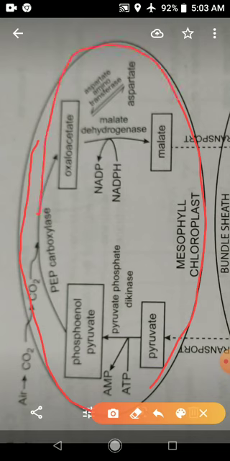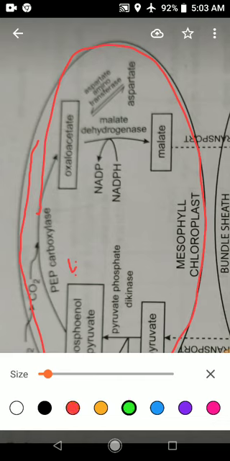In the chloroplast of mesophyll cells, well developed grana are present. So here is the phosphoenol pyruvate carboxylase enzyme. This enzyme catalyzes the reaction,